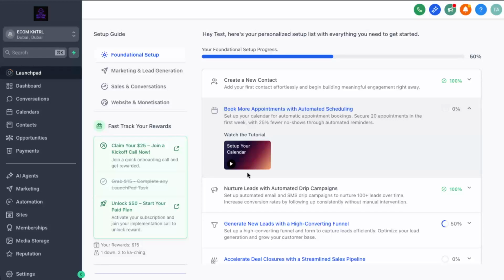In today's video, I'm going to teach you how to integrate GoHighLevel with WhatsApp. We're going to walk through this process step by step. So even if you're new to GoHighLevel or just getting started with WhatsApp integrations, you'll be able to follow along